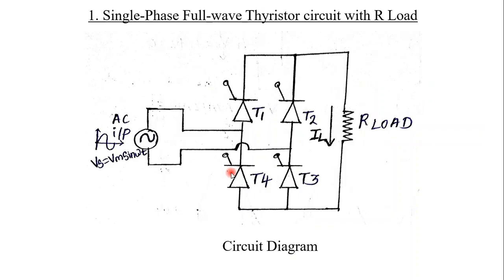Next, we will see the single phase full wave thyristor controlled rectifier. Unlike the previous half wave rectifier, the full wave rectifier utilizes both halves of the input sinusoidal waveform to provide a unidirectional output. This is because the full wave rectifier basically consists of two half wave rectifiers connected together to feed the load. The single phase full wave rectifier does this by using four thyristors arranged in a bridge arrangement,